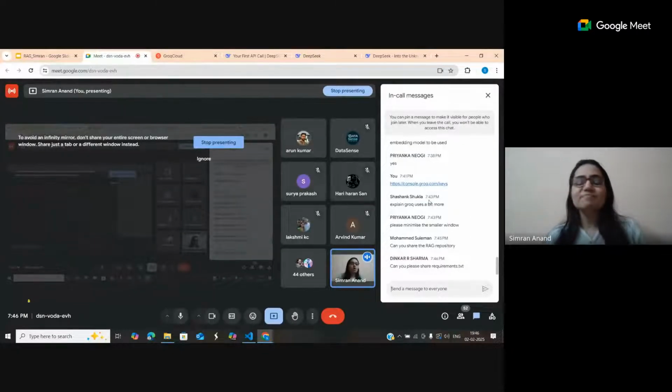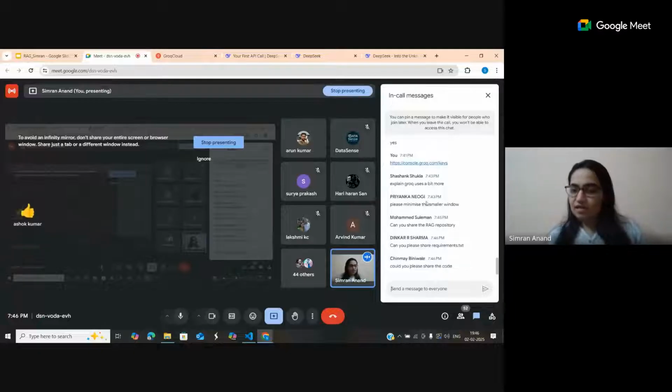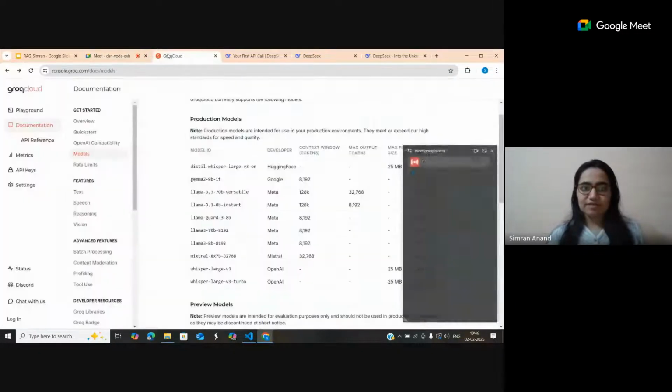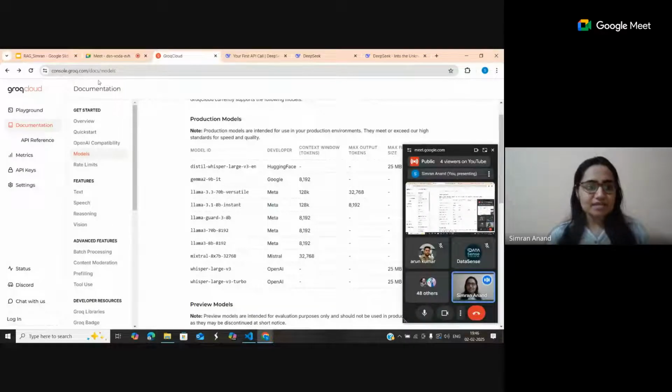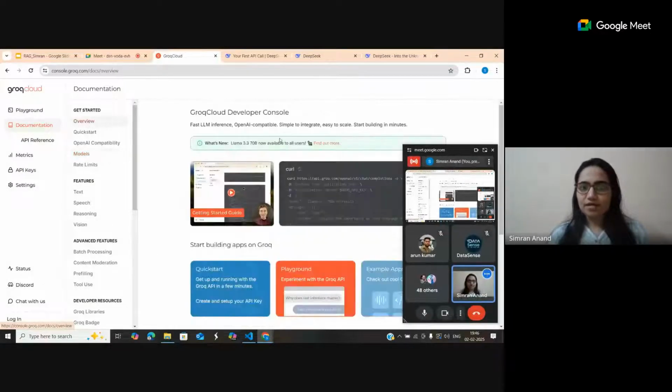Grok use. So Grok is basically for faster inference. All right, you have created the API key. Yes, requirements.txt, I will do that. Now, what exactly is Grok, if you want a little overview? It's basically,